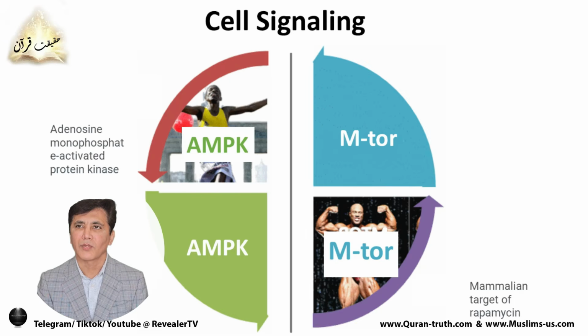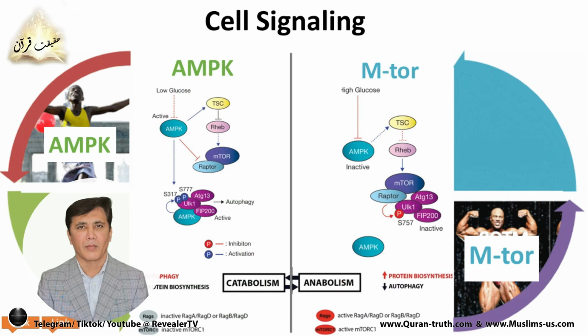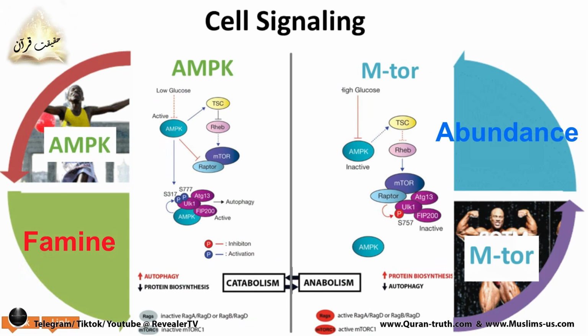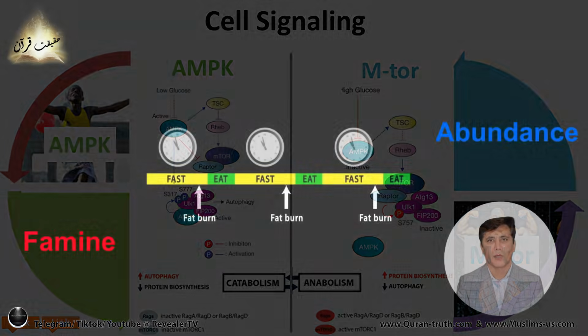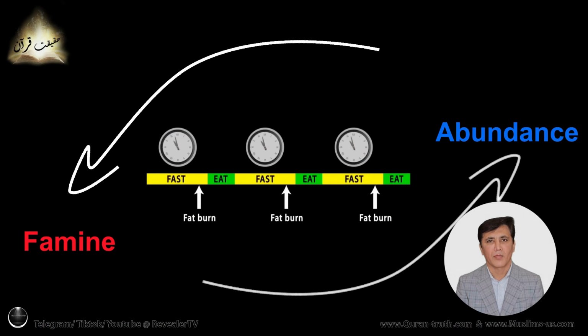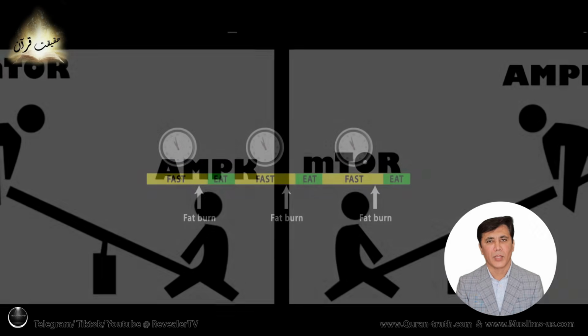The human body has two very complex and different mechanisms for keeping the body healthy in the face of changes and environmental conditions. These two mechanisms are known as AMPK and mTOR. In fact, the body recognizes two types of general conditions from the interaction between itself and the environment: abundance of